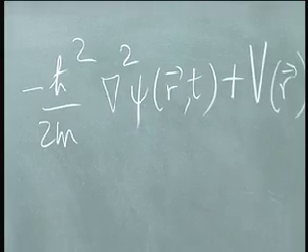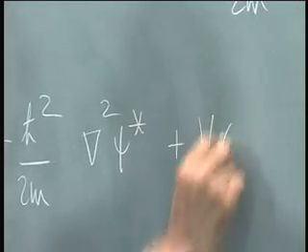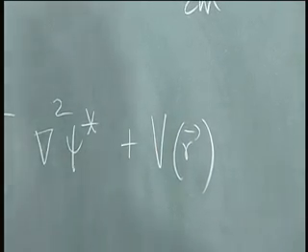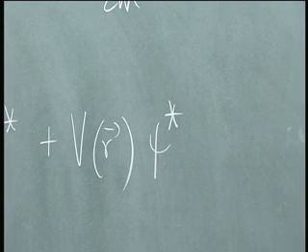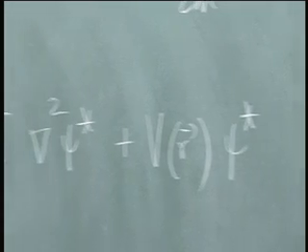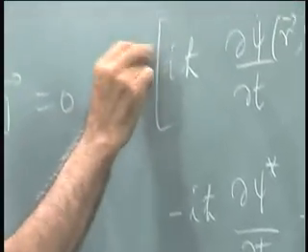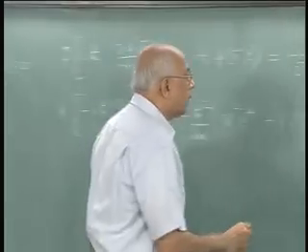So del squared psi star, the complex conjugate, plus the same potential because it is a real function, no complex conjugation there, times psi star on this side. So all you have to do is to multiply this equation by psi star and this equation by psi and subtract one from the other,